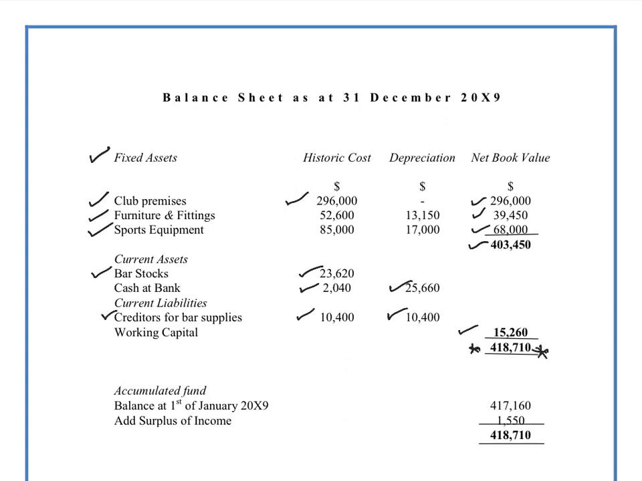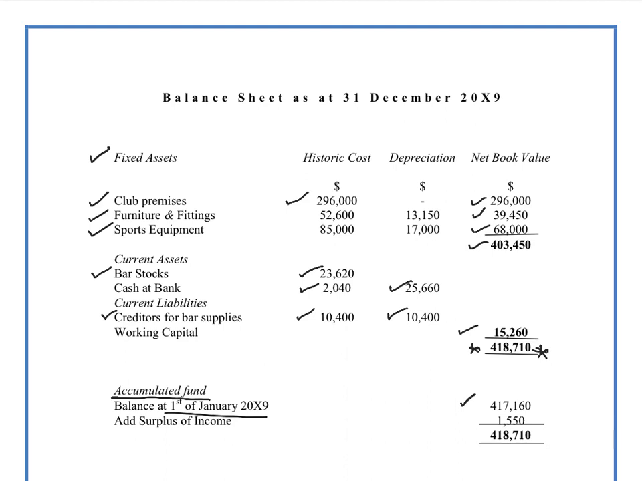418,710. We don't write finance by, we write accumulated fund because no one actually owns this company. And at the beginning of the financial year, the 1st of January 2009, the club had $417,160 worth of funds. So in other words, in some ways it could be tied into the ground or the building, but they own $417,160 worth of funds that, again, I suppose if they sold up, that's how much money they would get